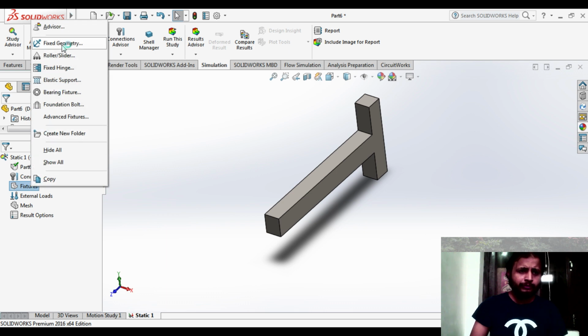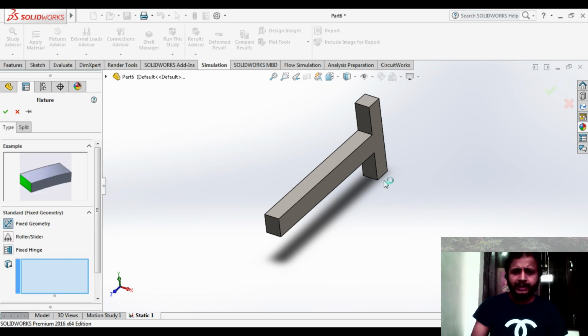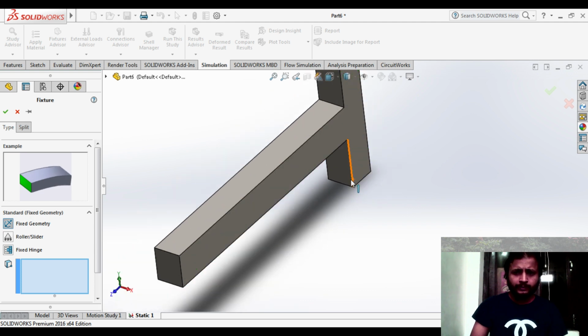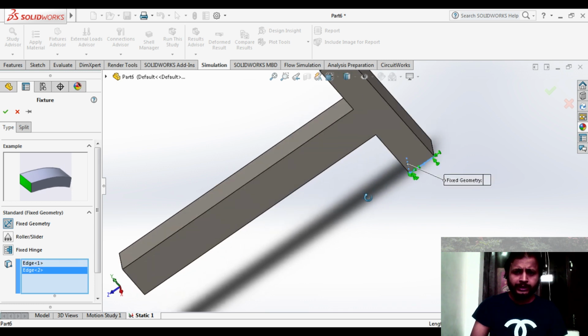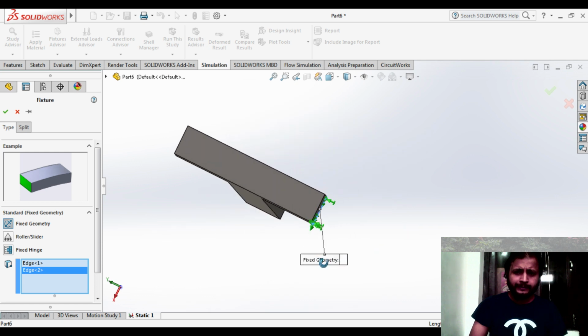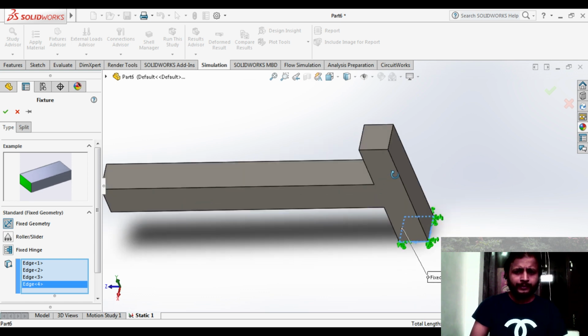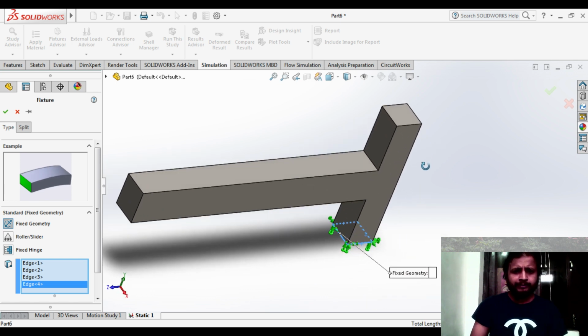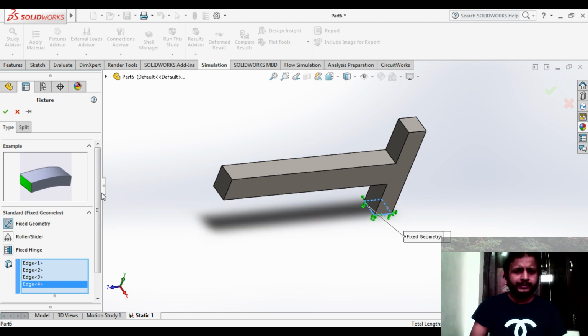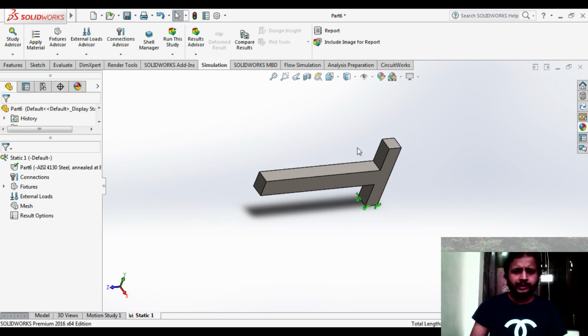That means where you need to fix the geometry, right click and fix. We will fix this one, just rotate it. We will fix this one and this one too. So here we have fixed it. After fixing, say okay.